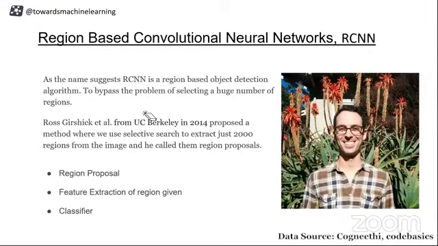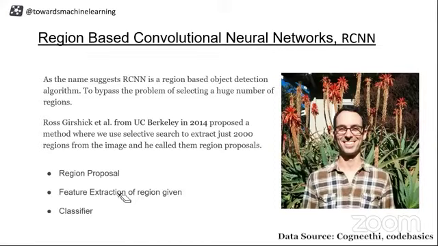Now let's jump onto the RCNN family. RCNN is known as region-based convolutional neural networks. And this is the person who was very intelligent because he took all the things together and built something known as RCNN. He proposed this in 2014. We knew that selective search was introduced in 2012. So he made use of that for feature extraction of the given region.